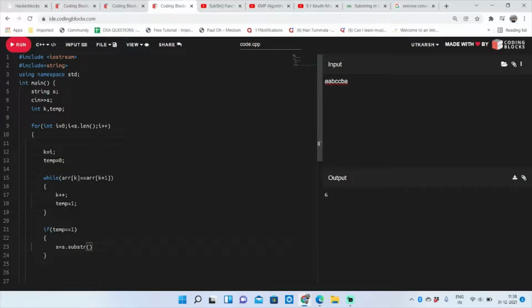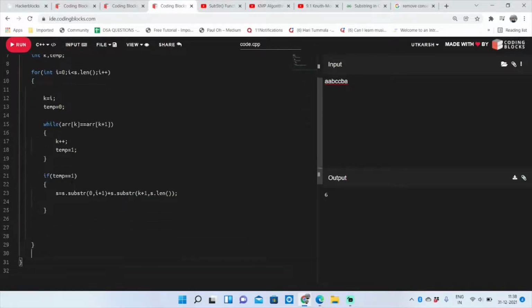I need to pass it from 0 to i plus 1, and s dot substr from k plus 1 to the length of my array, whatever is the last index, and at the last I will return.